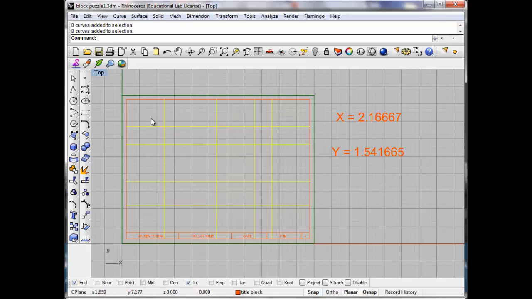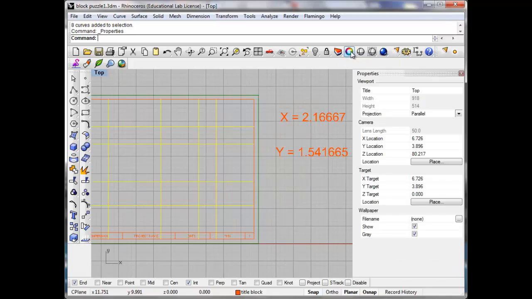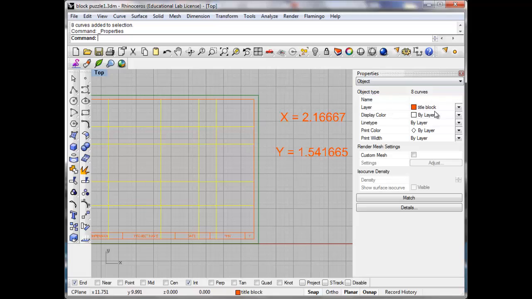So select, and we want to change the properties of that. So our property button is this rainbow circle over here. We click on that, layer, change that to guidelines. We're going to exit out of that, and then